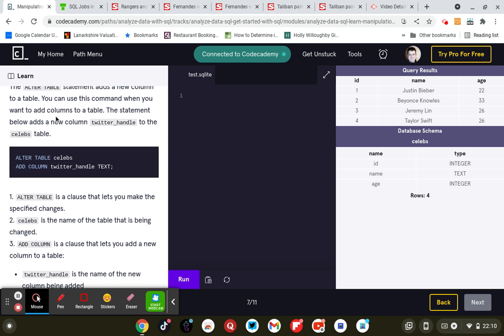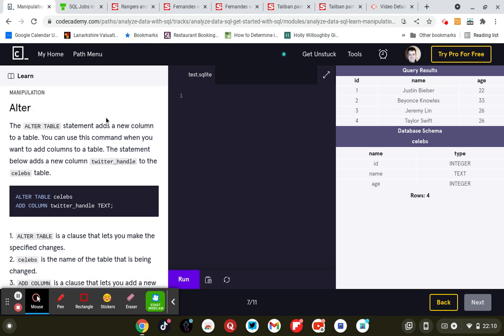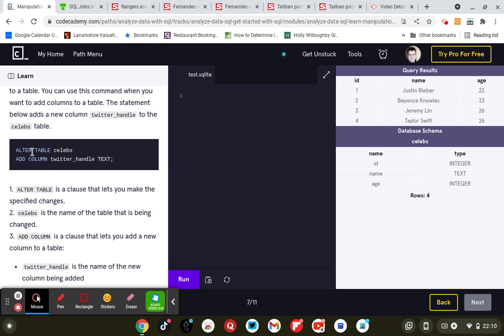Right, so the ALTER statement is an ALTER clause. ALTER TABLE is a clause statement that adds a new column to a table. You can use this command when you want to add a column to a table. The statement below adds a new column Twitter handle to the celebs table: ALTER TABLE celebs ADD COLUMN twitter_handle TEXT;